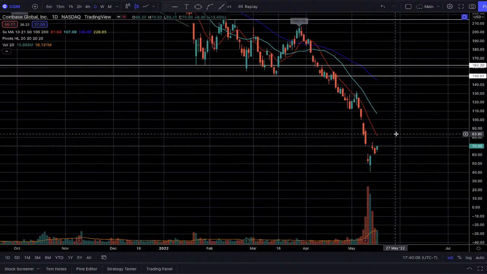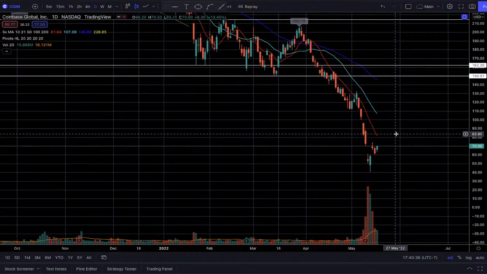But that's not the main thing. The main thing is that Coinbase follows crypto, right? But at some point, Coinbase is trading on the stock market, not the crypto market. So I'm not going to really pay attention to crypto for Coinbase. I'm just going to look at it from the perspective that it's a stock and it's looking to have